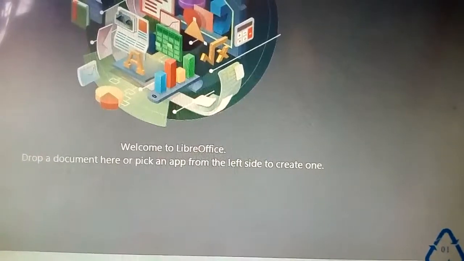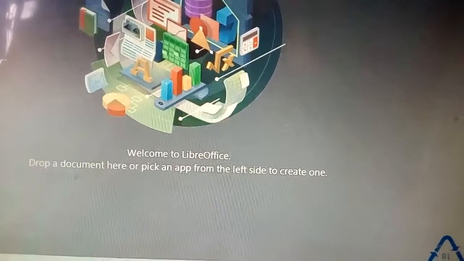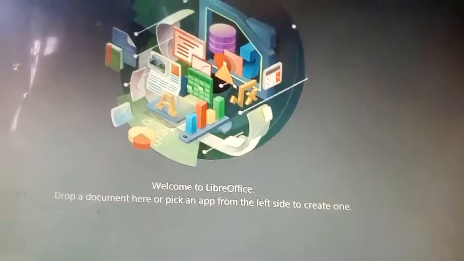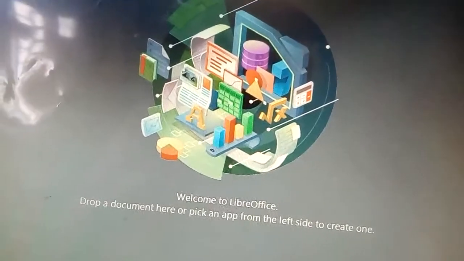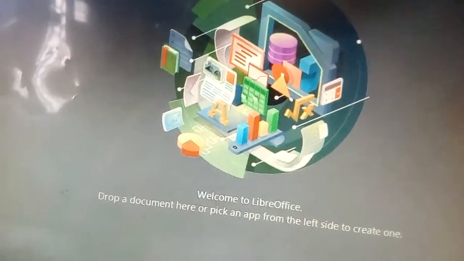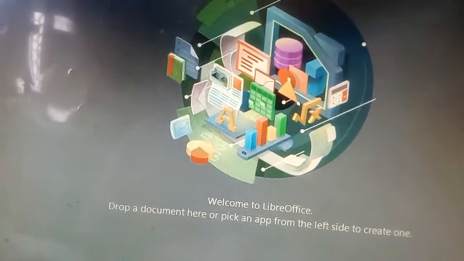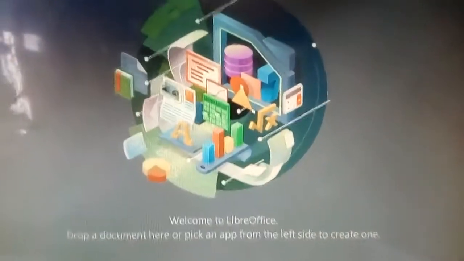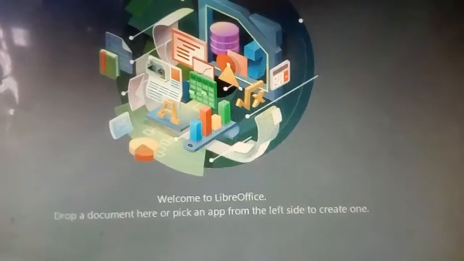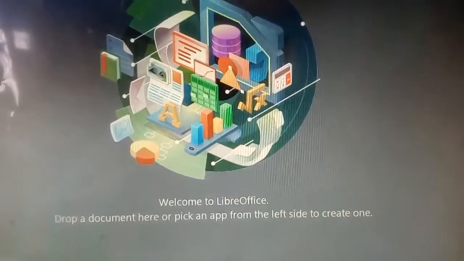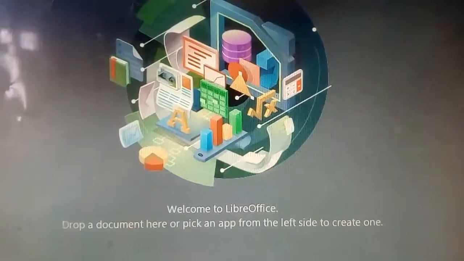The suite also features other applications that are used for database management, creating diagrams and charts, and editing formulas, all these things you can do. The main features of this software: first, templates and styles; page layout methods including frames, columns and tables; built-in drawing tools; embedding or linking of graphics and spreadsheets; export to PDF, including bookmarks; and change tracking during revisions. All these things you can do here in LibreOffice Writer.